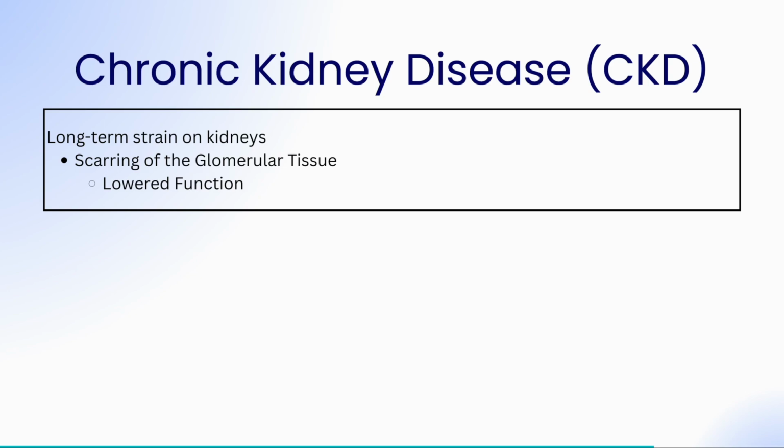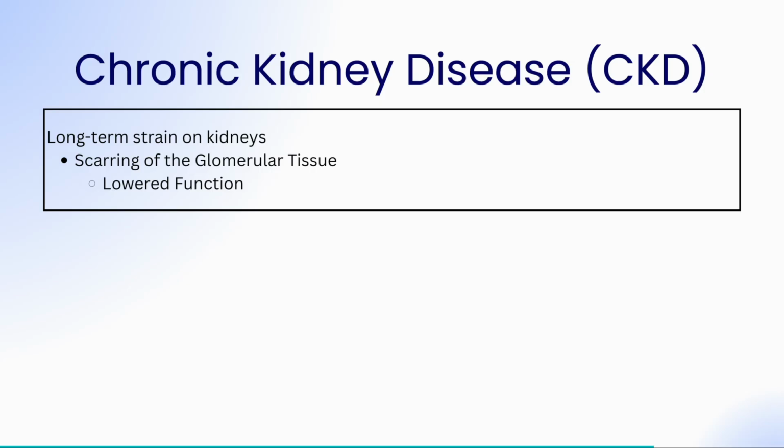And now this is the connection to pathology or physiology. So one of the main diseases of the kidney is chronic kidney disease, or CKD. This is when there's a variety of factors, but there's basically just long-term strain on the kidneys. And this can be due to high blood pressure and diabetes, which are the most common ones, or also